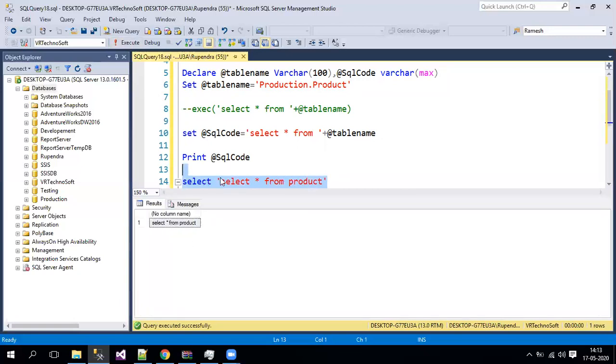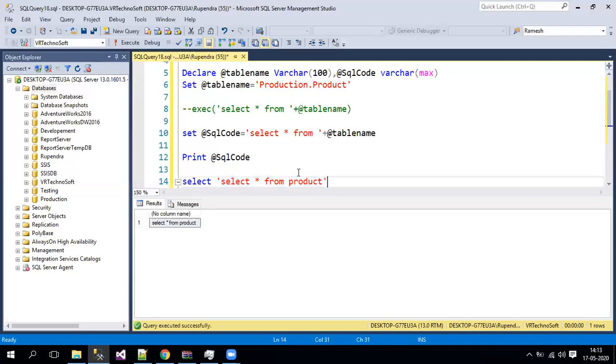These quotes will be gone, and finally it will retrieve whatever characters we are providing there. Here also one single quote is there, and when you pass this particular table name over here, all the single quotes will get cancelled. So finally it will get only the select query over here.